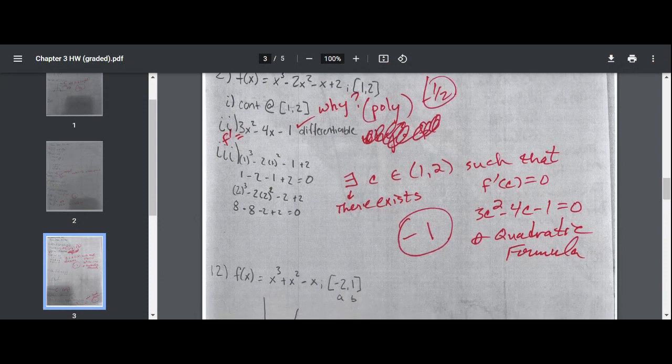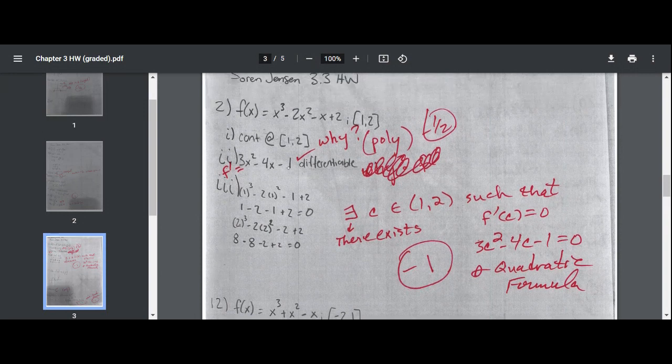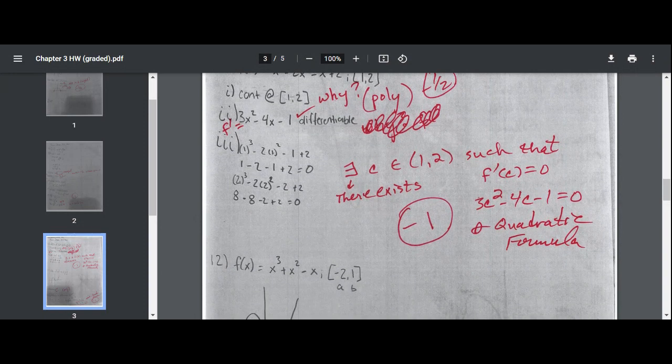Okay. And then differentiable, like you took the derivative, so just go ahead and write f prime equals that. You can do that if you want. You could also say it's a poly. So polynomials are continuous and differentiable on all real numbers. But if it was like a fractional thing or something like that, you might actually need to tell me what it is. Anyway, and then,